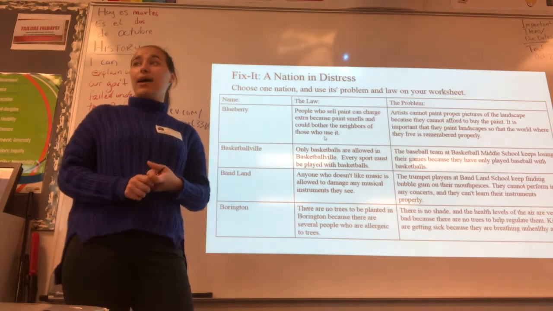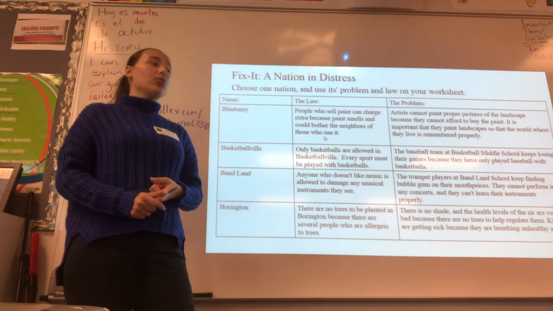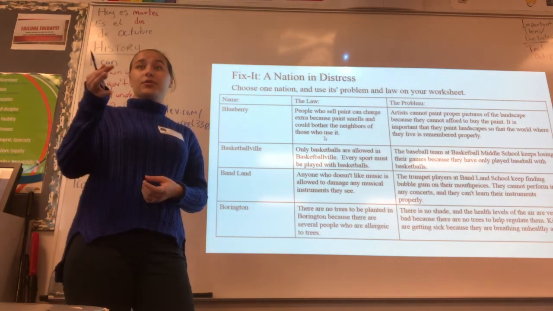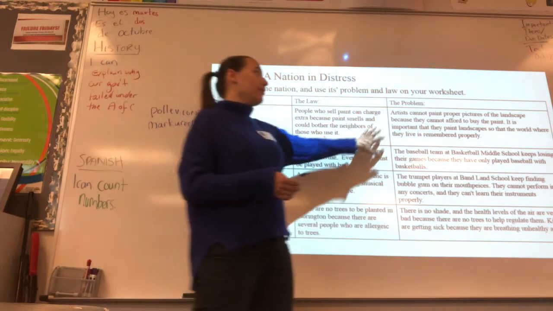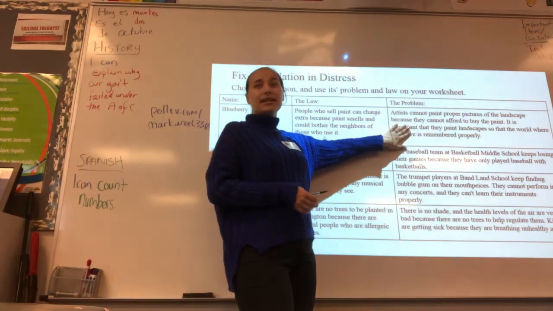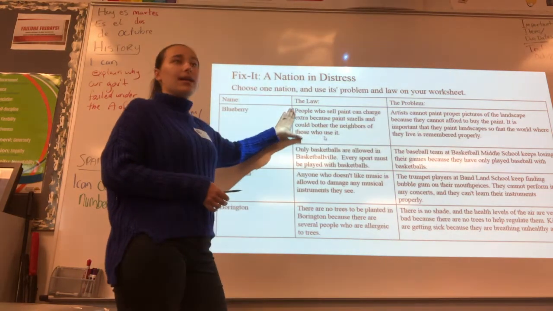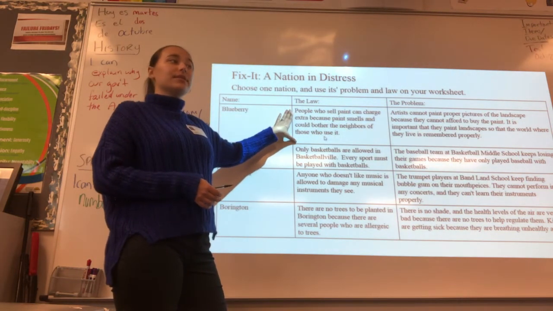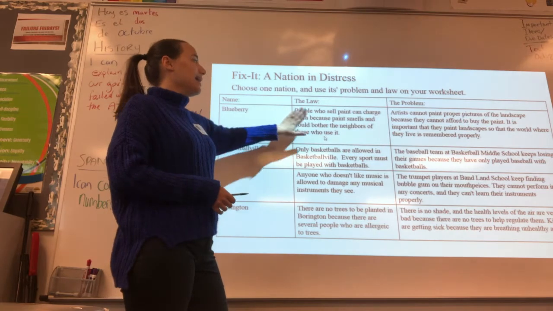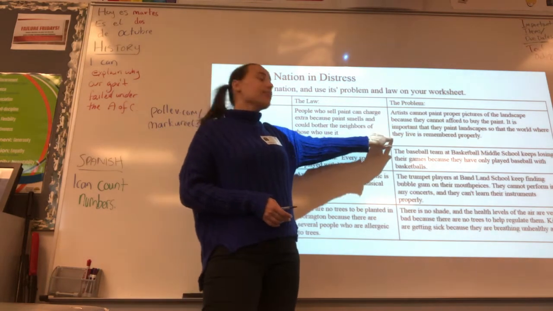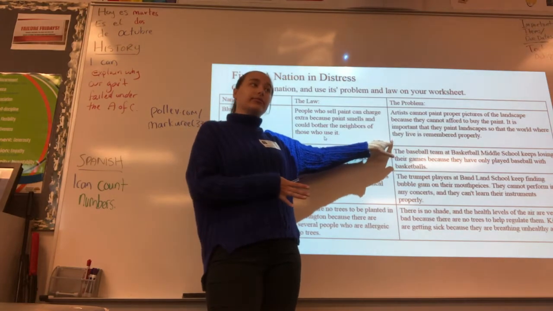So we talked about the Articles of Confederation and all the problems that came along with it today, and how Shays Rebellion was caused by it. So imagine your problem is kind of like Shays Rebellion. This is something that's affecting the people who live there because of this law that's not right. So what you have to do is say, well, instead of this, I think the law should be this. And it has to solve the problem, and it also has to be fair, okay?